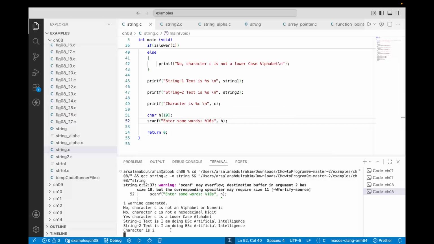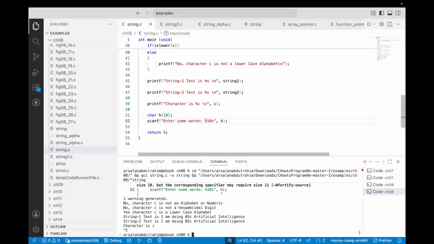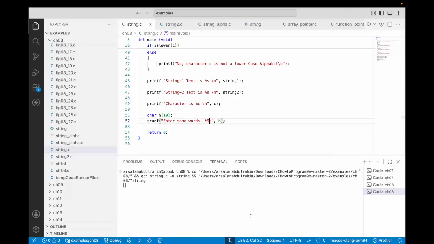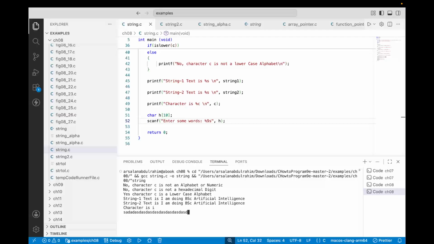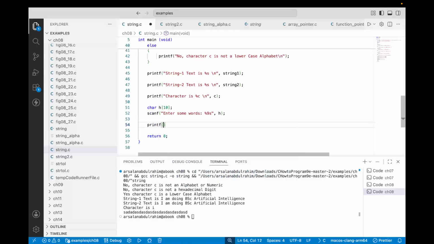So what this means, I will just change one of them and make it 9, and now run it. Hopefully the error is not there. So now I enter some words. It's taking me some input, and when I print it, you can see. It's asking me to enter some words, and I'm writing scanf, enter some words, and putting it inside h. Afterwards, let's say I want to add something: "You entered,"